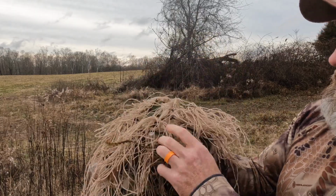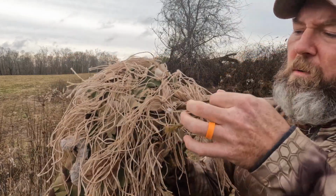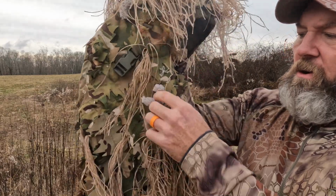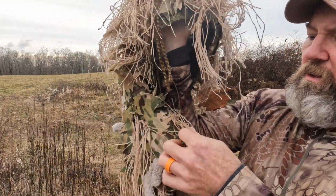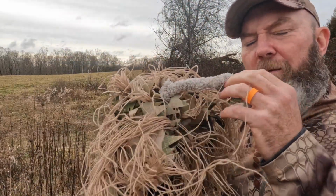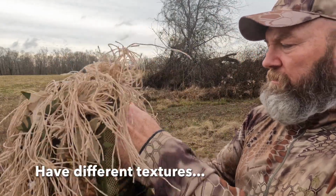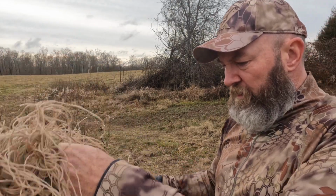If you'd like. I had some yarn I stole from my daughter's ball of yarn. I threw in there. Here's some more of that yarn. There's some fluffy stuff I threw in there. This is more of that burlap string or jute. This is some of that weird yarn from my daughter. Here's a leaf that got stuck in there, kind of tangled up in it. We'll leave it. Why not? Anyhow,